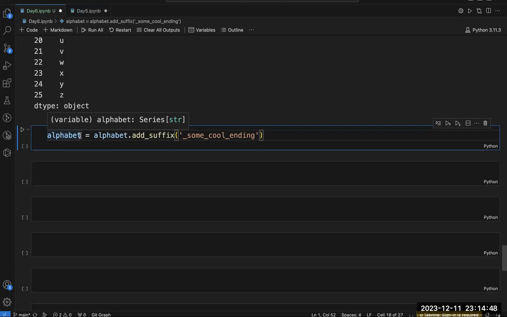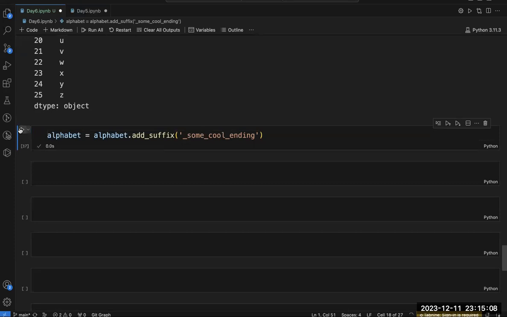This time I am choosing alphabet itself as my variable. Now when you save this inside this variable and access alphabet, you will get a permanent change inside it. So let's do it.